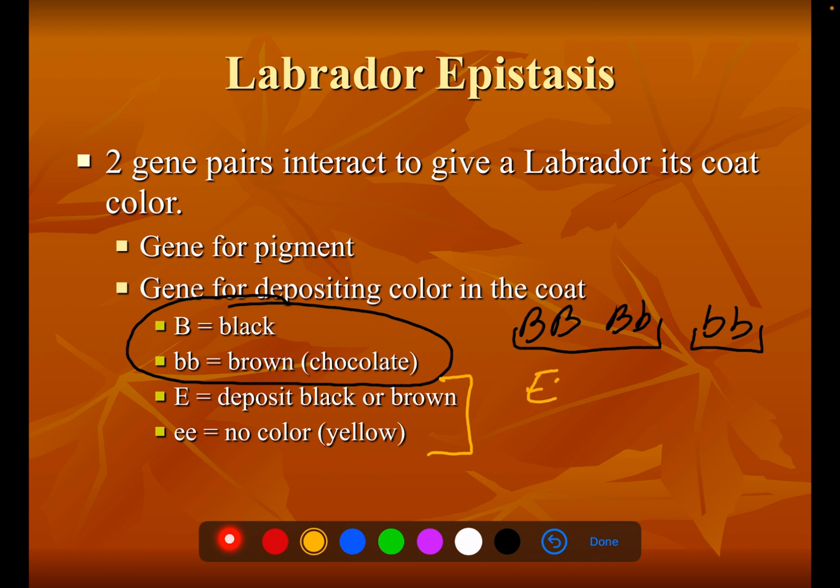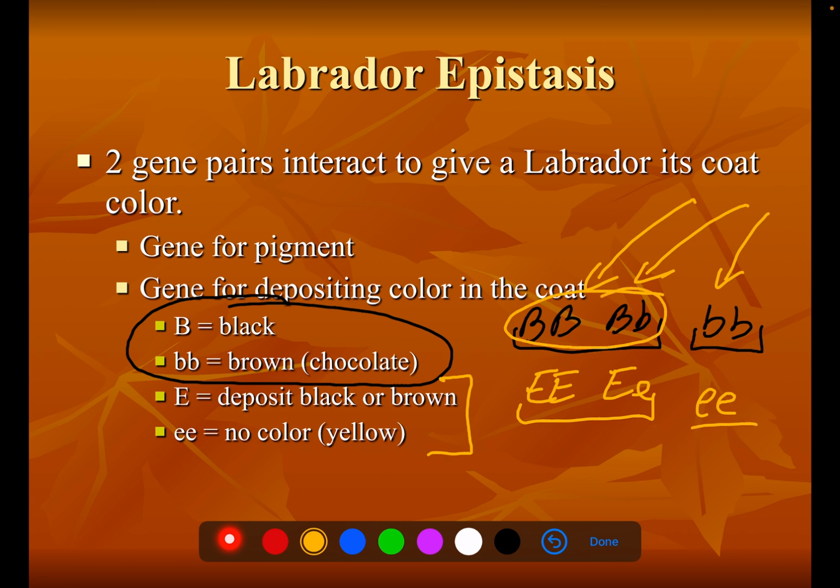You could be big E, big E, or big E, little e, in which case you get to put down whatever that state. You can put either one of those down. In other words, you can put pigmentation down, black or brown. But you can also inherit little e, little e, in which case you wouldn't be putting any pigmentation down. Doesn't matter what you have. If you got that, you're not putting any of it down. No black, no brown. You end up being a yellow lab,